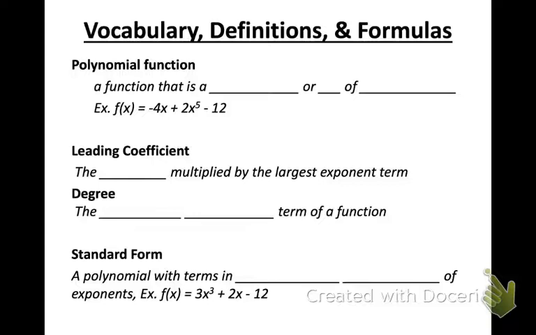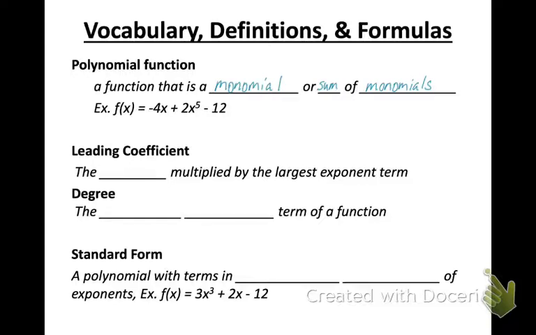This is a function that is a monomial. You know, mono means one, so that means single term, or a sum of more than one monomial, or a sum of monomials. There's an example, and it's in function form. F of x equals negative 4x, so that's the first term, plus 2x to the fifth, that's the second term,